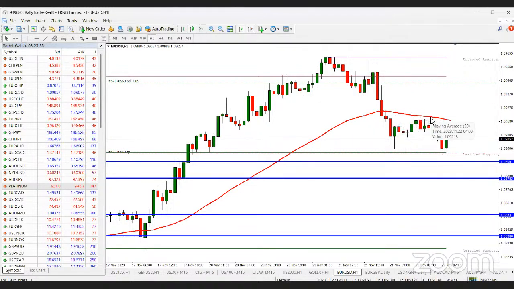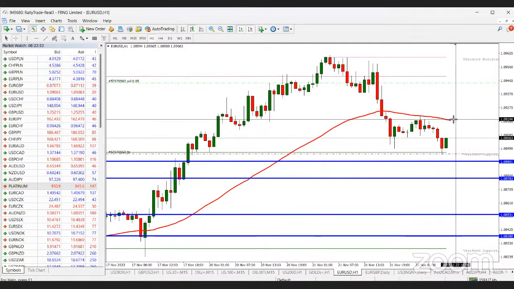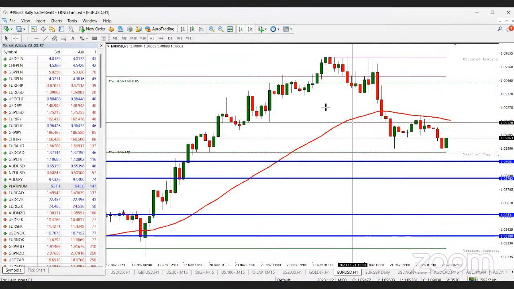You can attach the 50 period exponential moving average to your chart. I can look out for a sell from this 50 period moving average. If price approaches the 50 period moving average, I can look out for a sell from there and take my profit before this verified support again. So Euro USD is giving us a clear move in the sense that this zone here where the 50 period moving average is will be a good zone to consider selling Euro USD.